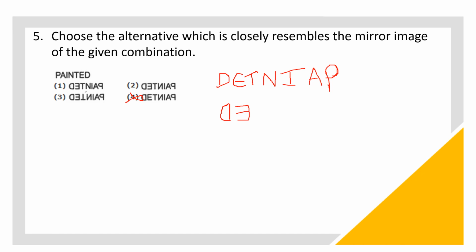So next, check the third letter T. T as it is, the mirror image and the original image are the same. So T in first option, second option T as it is, third option T is reversed. So this is wrong. So first and second option T is correct. Then check the letter N. In the first option N is the same as the original. In the second option N is the mirror image of N. So the correct option is 2.